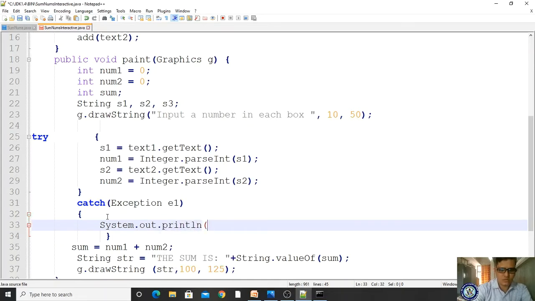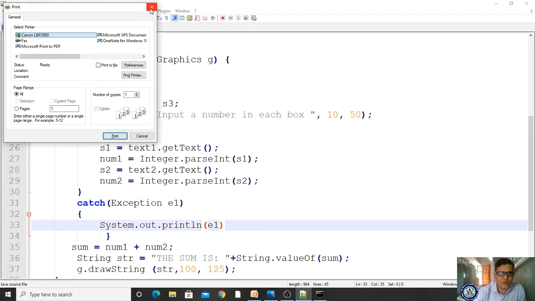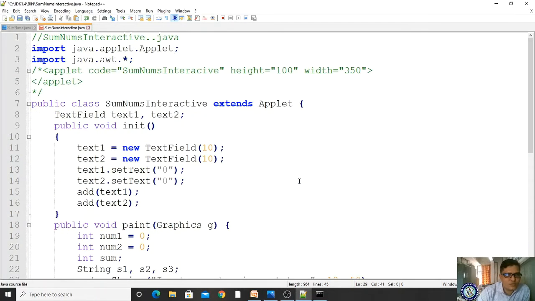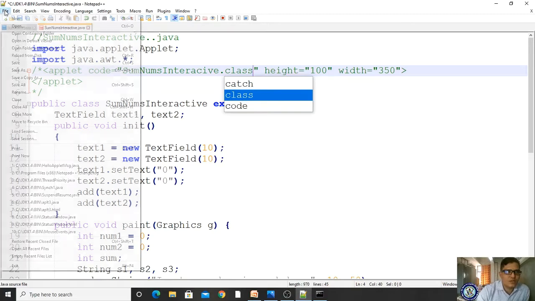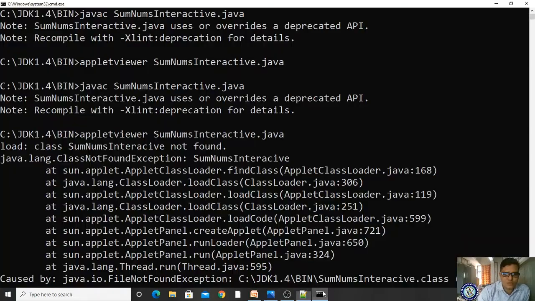System.out.println. Yes, we are seeing this sample program. It is supposed to show SomeNumsInteractive dot class. That is why we have to take the class. If you don't take the class, it won't work.